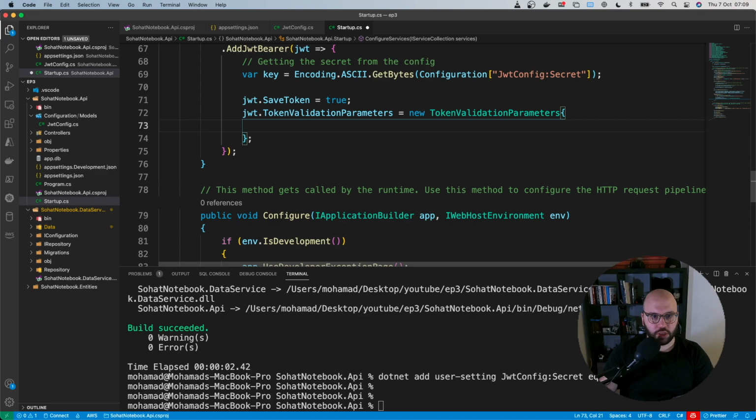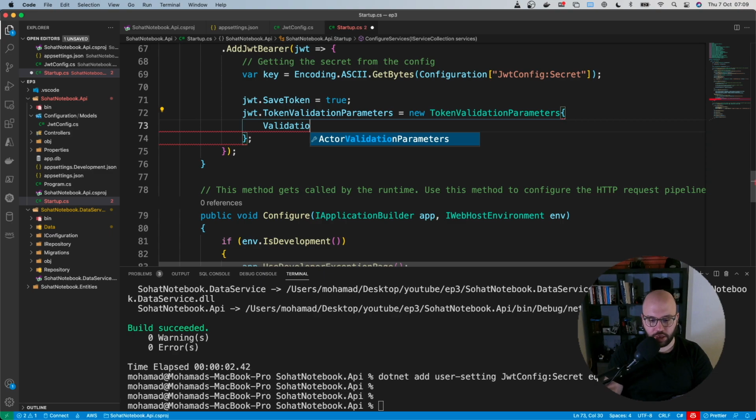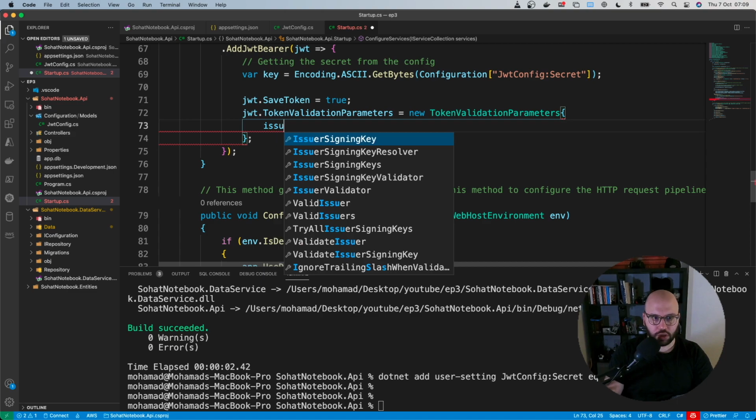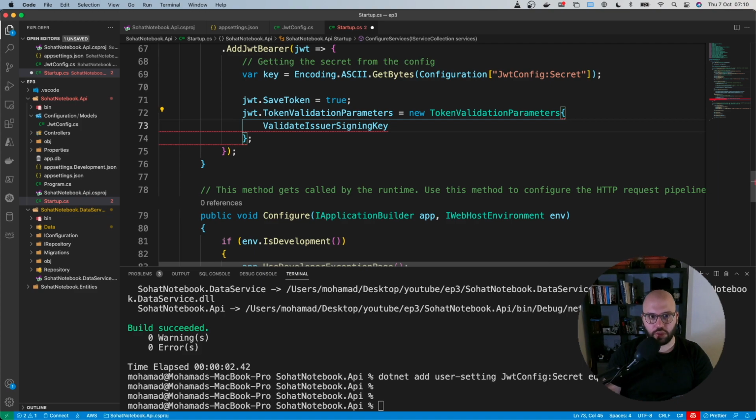Okay, so the first thing that we're going to be adding to the validation parameters is the signing key. So it's going to be validate... is it issuer key? Let's check. This one, ValidateIssuerSigningKey. Okay, so this one is going to be equal true. And why is this equal true? Because basically what this means is